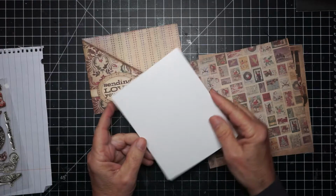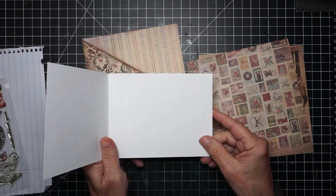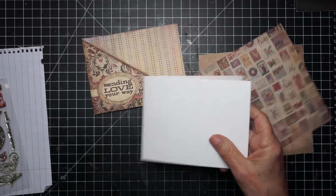So I took that top fold and twisted it 90 degrees, and so now it's a long side fold. Next thing we're going to do,